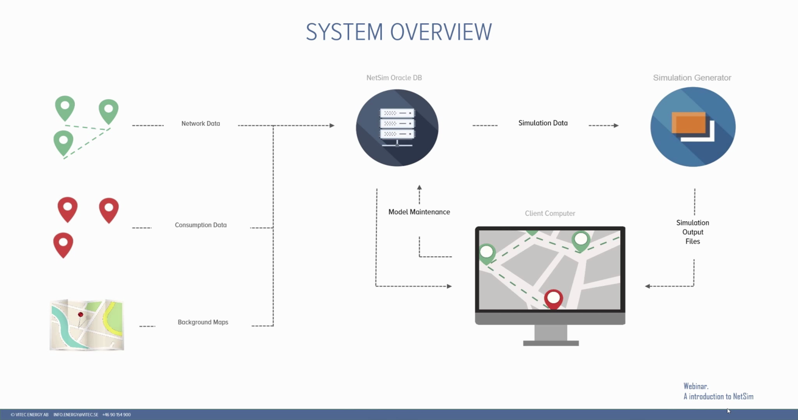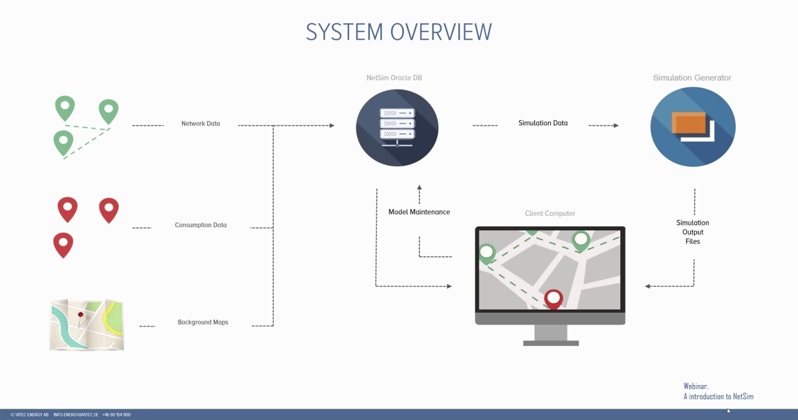A quite simple system overview. We have an Oracle database, and into that we put, as I said before, the network data, the consumption data, and we also have some background information like maps in DWG or DXF files. All the information that you can supply is something that we would like to have a look at, and then we will see what is suitable for your grid